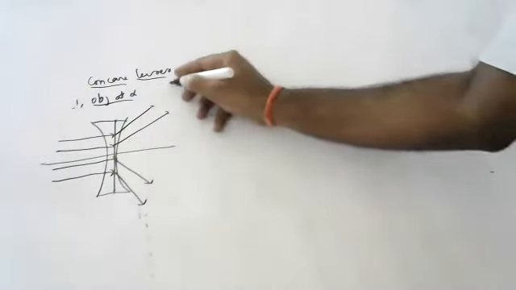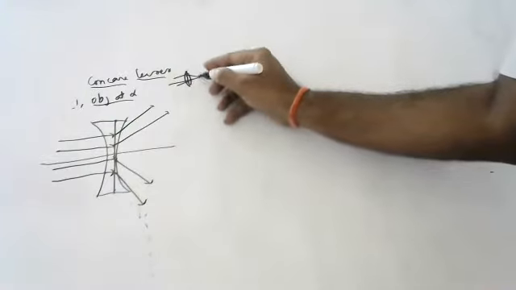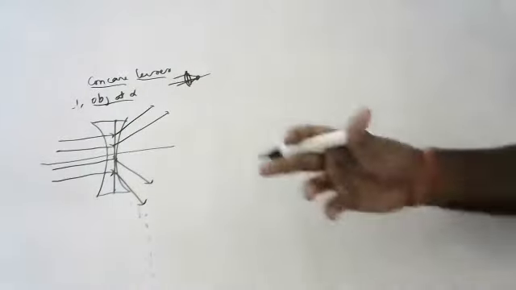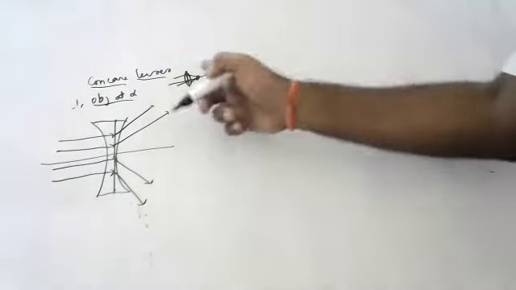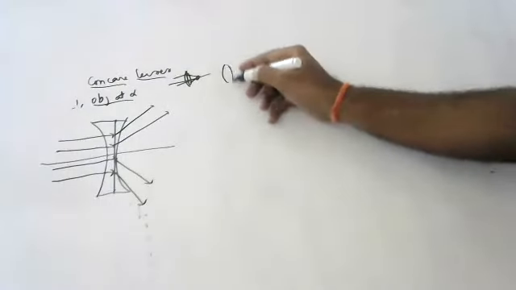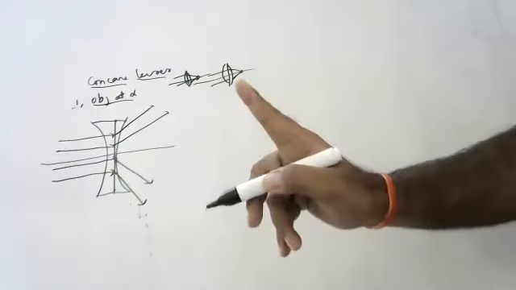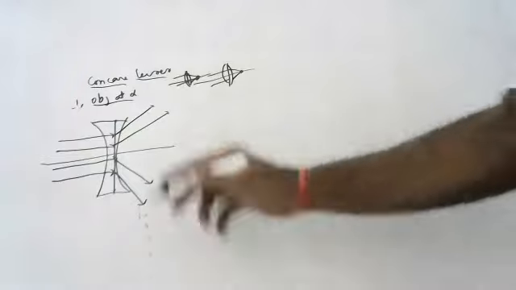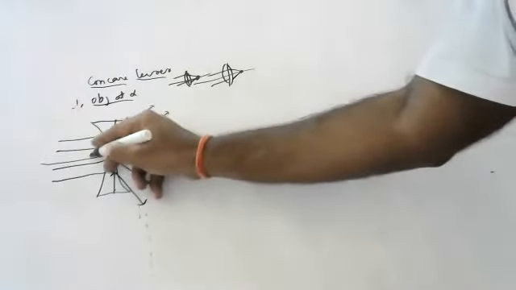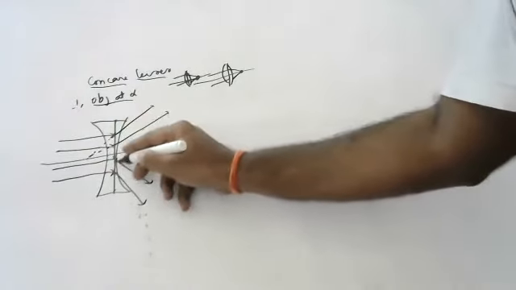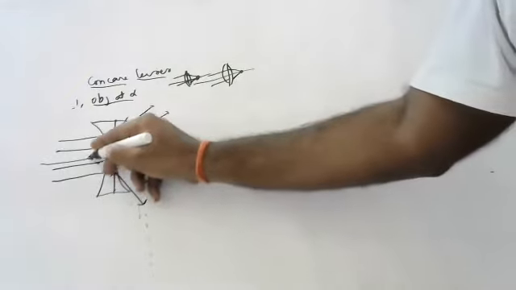Children, in a convex lens, what happened? They all underwent convergence. Here they undergo divergence. In a convex lens, all the light rays, when they pass, converge to one point. But in a concave lens, they all undergo divergence. This is called divergence. When extended back, here you will get the image, children. Of course, it will form on the focus only.